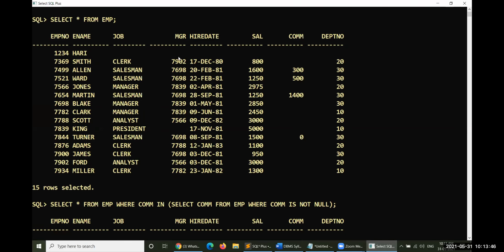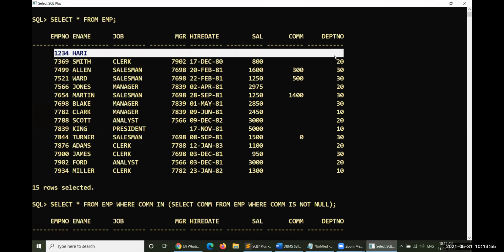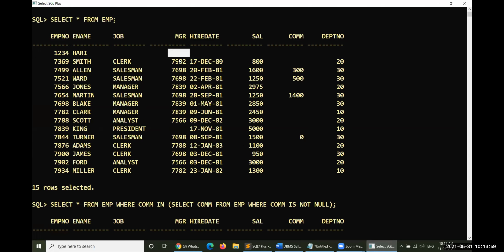If you consider this particular MGR number, this fellow does not have any MGR number. Of course, we have entered one more row here, so this fellow also does not have an MGR number. So these two fellows do not have any MGR number. Remaining, everybody has some manager.